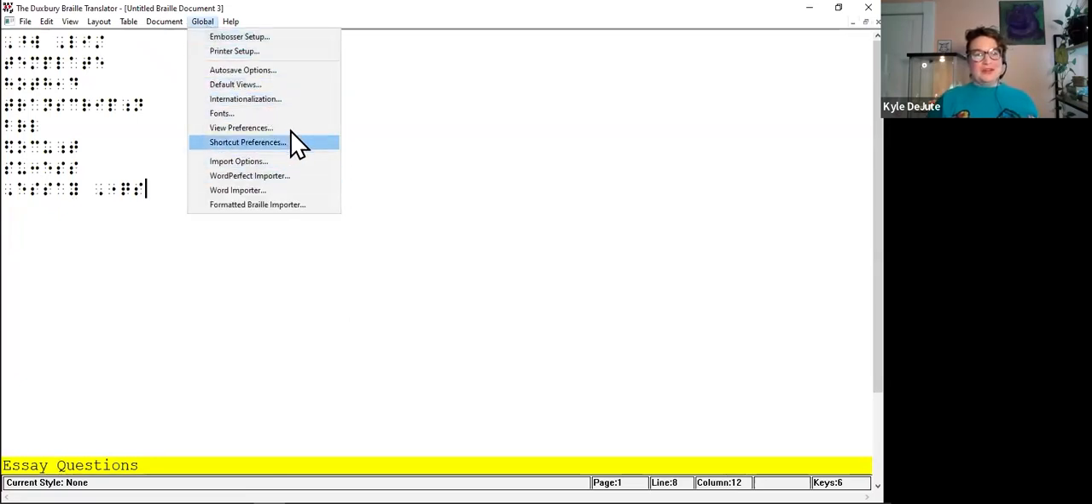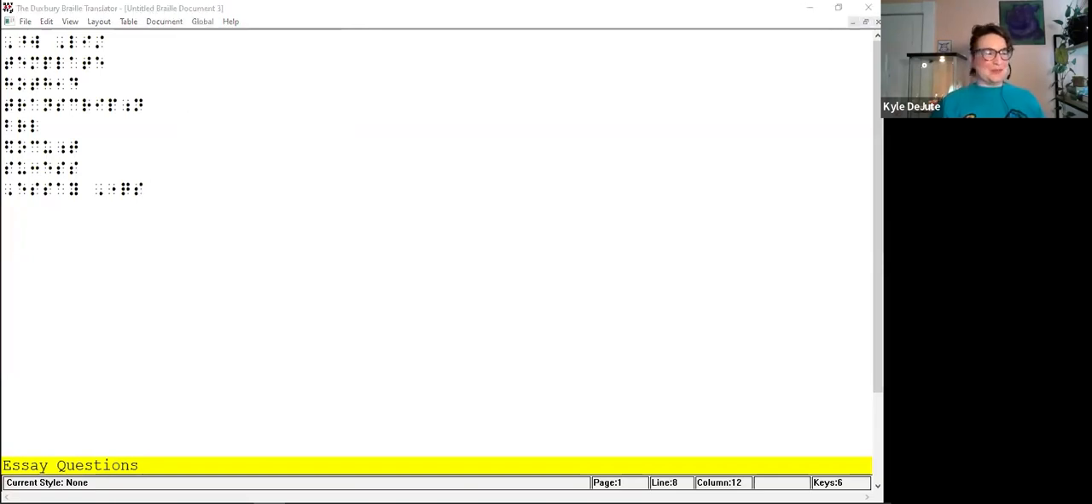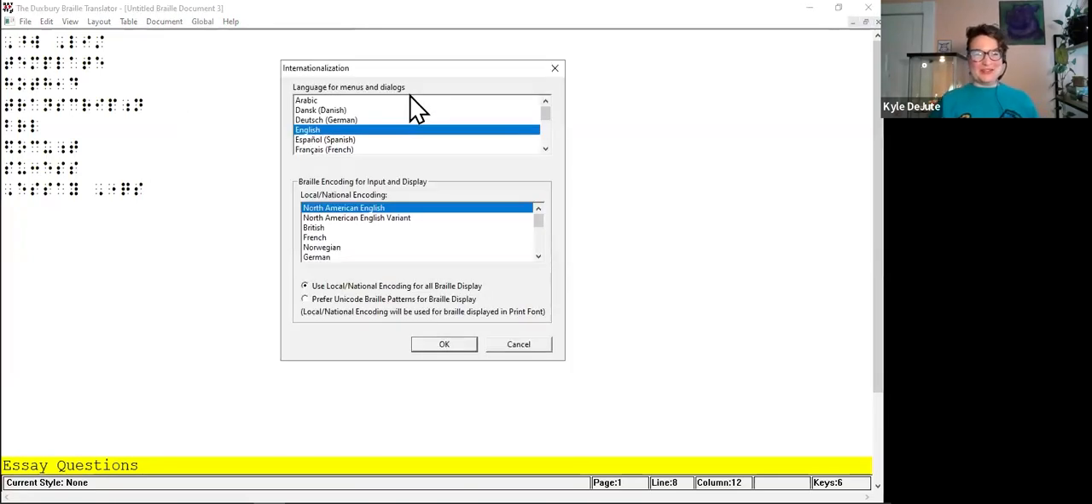That one is under global view preferences. No, I'm just kidding. It really isn't. I know I keep going to that option. It's actually under internationalization. There's some important settings here, both for sighted mouse users and also for those who are